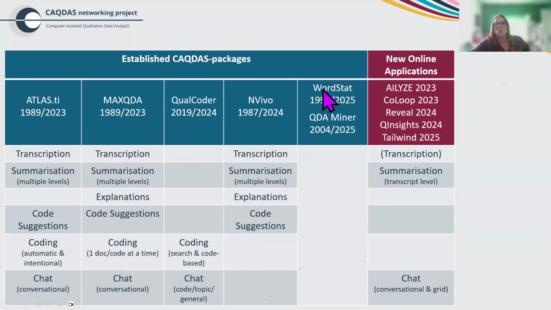WordStat is a text mining tool, so the implication of generative AI is a bit different from what we see here. And then on the right-hand side, I've listed the five new apps that I know best, but there are literally loads of others, and there may be some that you know that are not on that list, but they have capabilities as well. Remember, these are generative AI only. The most important thing about this comparative chart is the lack of coding in those new apps.